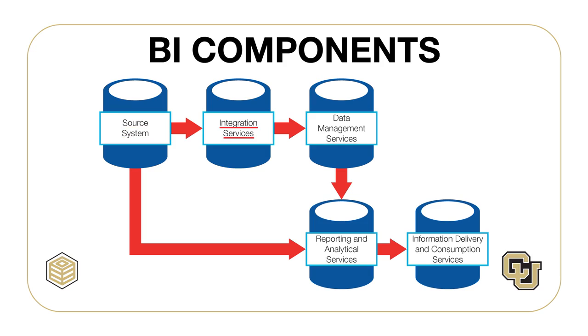Data integration services include extract, transform, and load services, enterprise application integration services, enterprise information integration services, and operational data feeds services. Data management services employ a variety of architectures, technologies, and data models, including federated data marts, data warehouses,